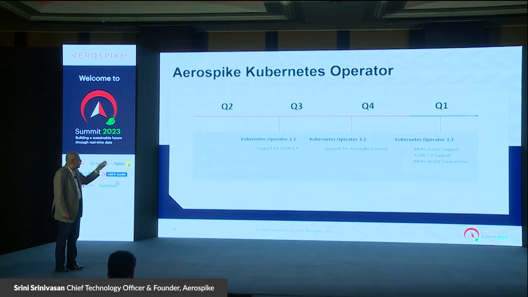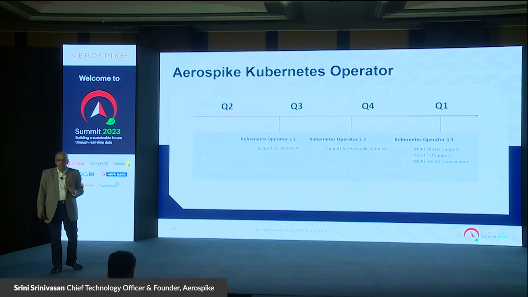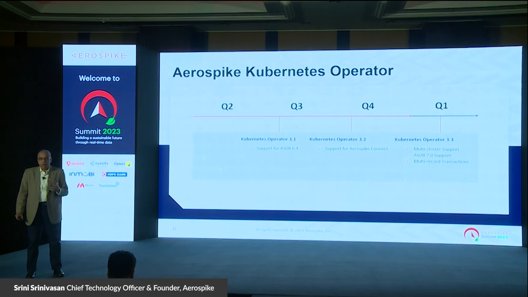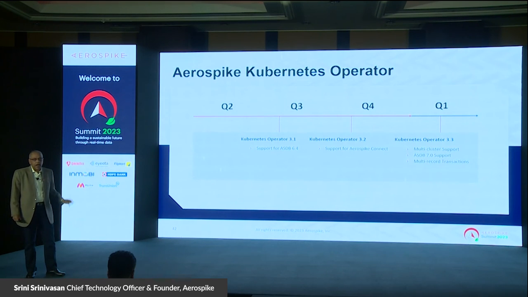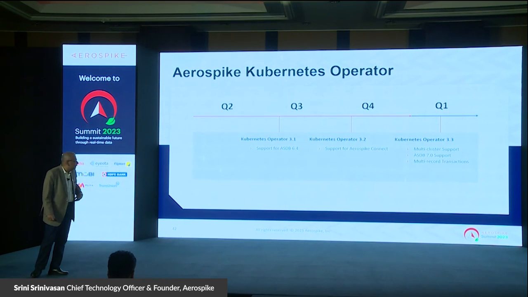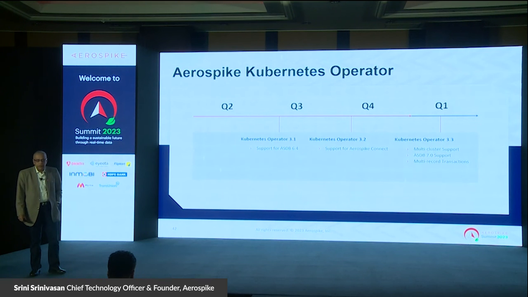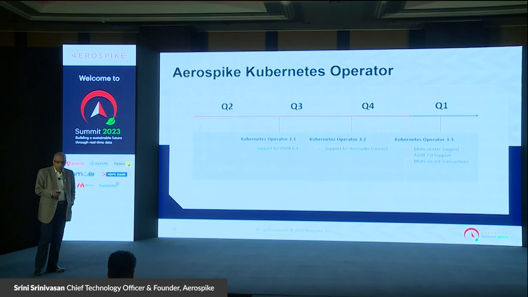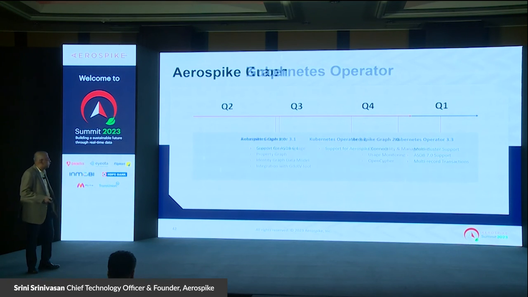And then, Aerospike Connect, these are the connector products. They didn't used to be managed by the Kubernetes operator. Now that will actually start happening later this year. So this is a hugely important thing for us because we need to be able to operate all the products that we support, not just the server product. And that's a focus for us.